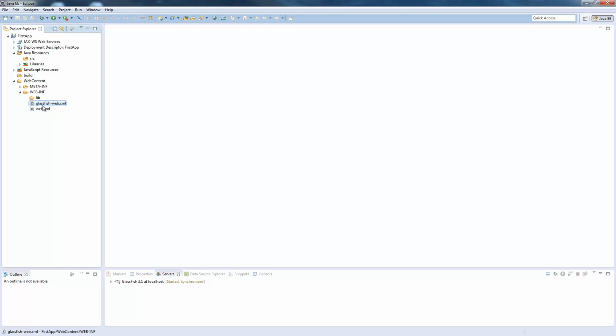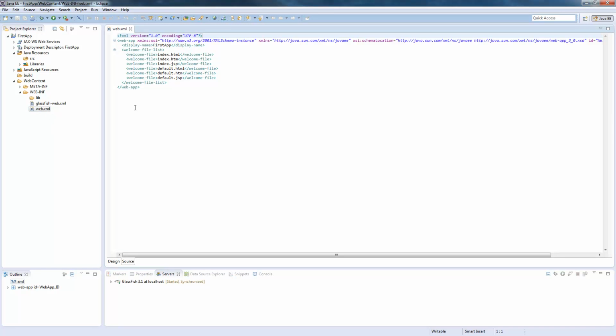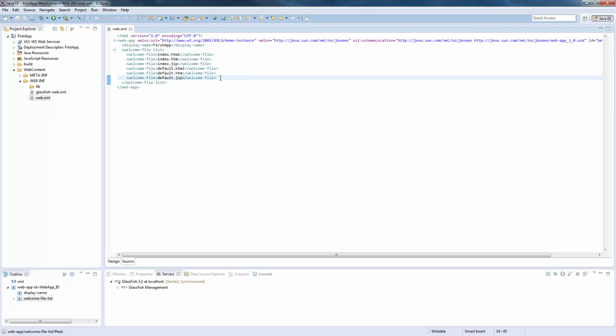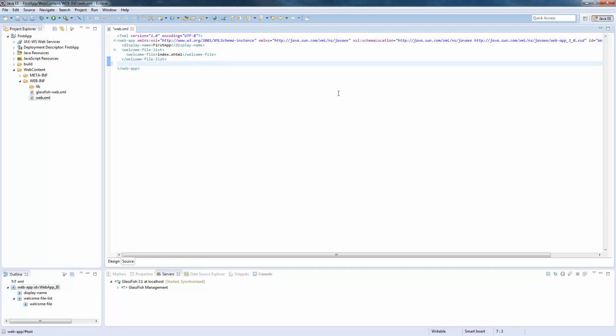So for now we need to change some things in the web.xml. We can just jump in here. We can delete some things out, we won't need that many. We only need one welcome file, which will be called index.xhtml, and we need to add a second config here, which is called